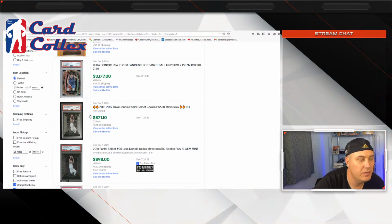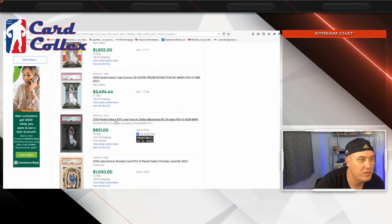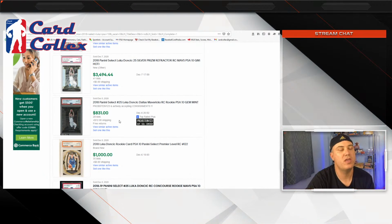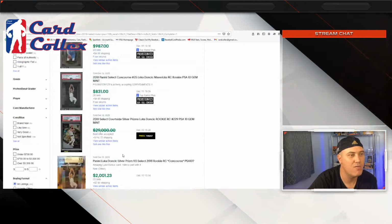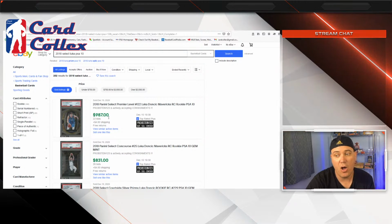So yeah, the Concourse, the regular base Concourse, are going for close to $900 right now. And I think for no more than how many there are, there's a Premier for $1,000. Oh my gosh, to me that's cheap. For 450 in population, that's actually cheap for how good he is. And all it would take